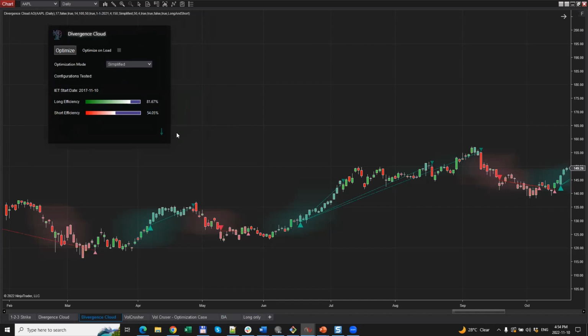One interesting thing we can see here, which perhaps is not very surprising, is that for Apple, the long efficiency is much higher than the short efficiency. It's not very surprising because Apple has been in an uptrend for most of the last 10 years, and naturally long signals, if you're more of an investor, would work out better than short ones. So for Apple, it was clearly obvious, but for some signals, it's not as obvious.